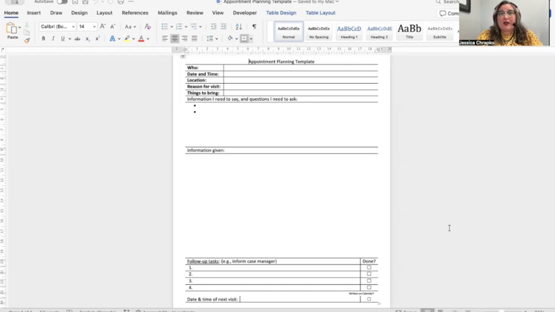What I also love about the appointment planning template is keep the page after you're done the appointment. Keep it in a special place, whatever your method of organization is, whether it's in a medical rehabilitation binder separated by different dividers, or whether you're more of a file folder system. The organizational system is between you and your speech language pathologist or occupational therapist. But either way, that way later when someone asks you for details about what happened in that session or what that provider said, you don't have to trust your retrieval robot. You can if you like, but if you're in a pinch, you can simply refer back to wherever you stored your appointment planning template and pull up all the